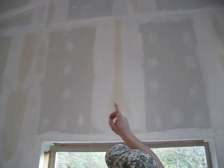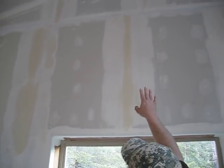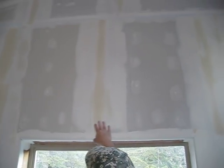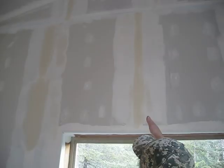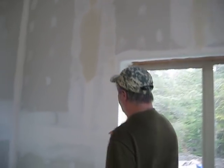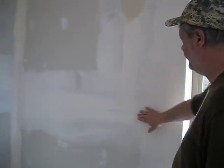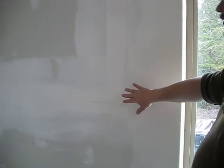Okay, so even the butt joints are, after a first coat, looking pretty good. These are first coats here, and my tape's almost gone, so I'm looking at one more coat here, and I don't have to put any more mud here. This is a butt joint here with a single coat with a little bit of area here that's probably going to have to have maybe a couple more coats to finish this. Now this is not a butt joint, and that's a first cut on a wall that's been framed, and it shows you